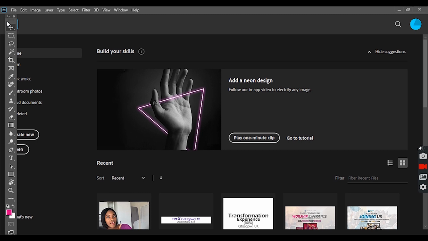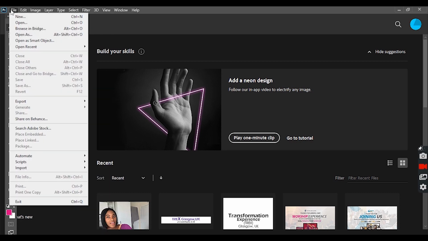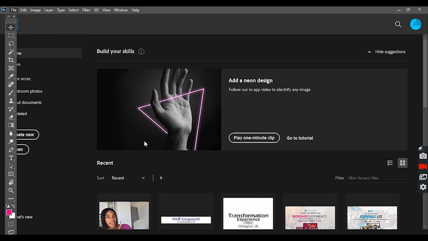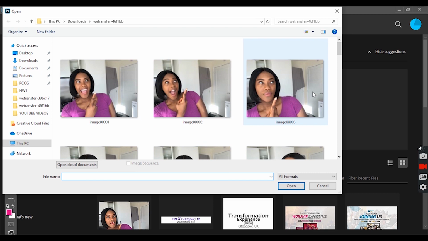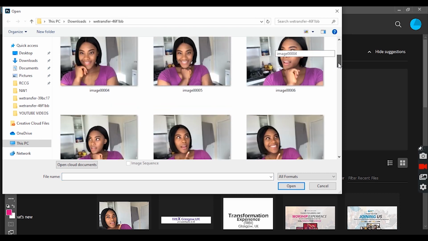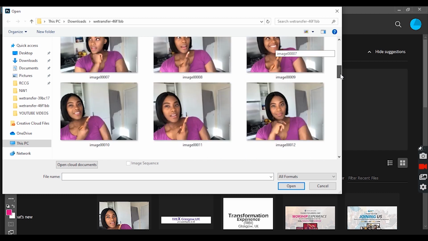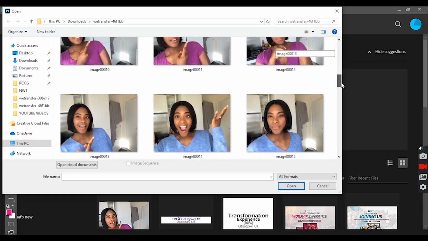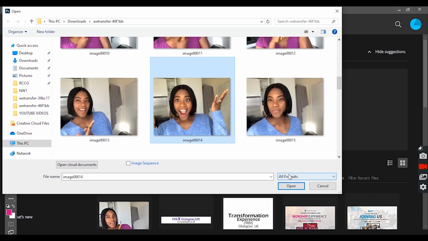So the first thing you need to do is to import the image that you'll be removing the background from, and you go to Open and you select the image. Let us select this one,